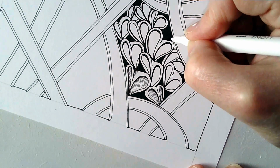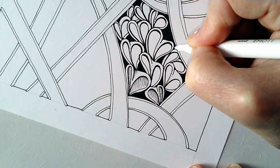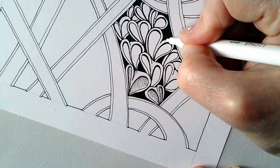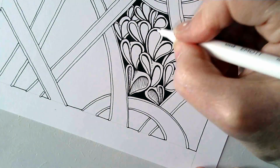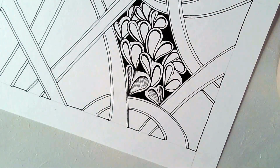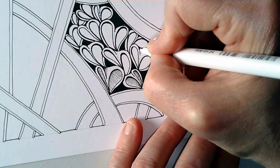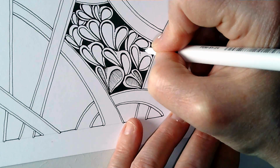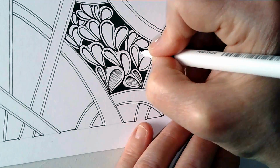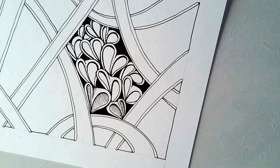And I'll start there. And then I'll look, well, this particular part here is kind of like a triangle, but it's kind of more rounded, or flatter on the edge. Okay, then, let me do that. And so you think about things in a different way. And I think that's an important skill or thing to try, because